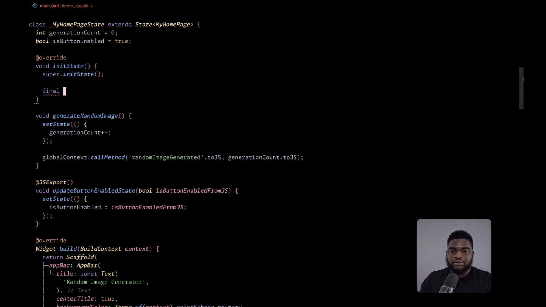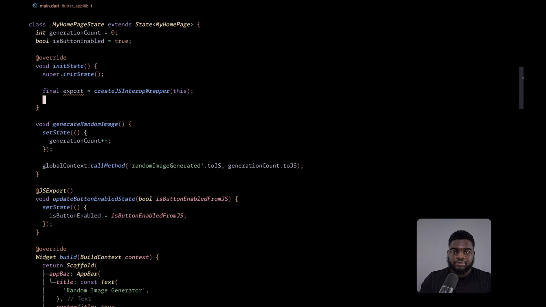So final export, create JS wrapper this, and then we add it to the global context. So let's call this app state. Now the next thing to do is to call this function from JavaScript when the user has hit the limit.